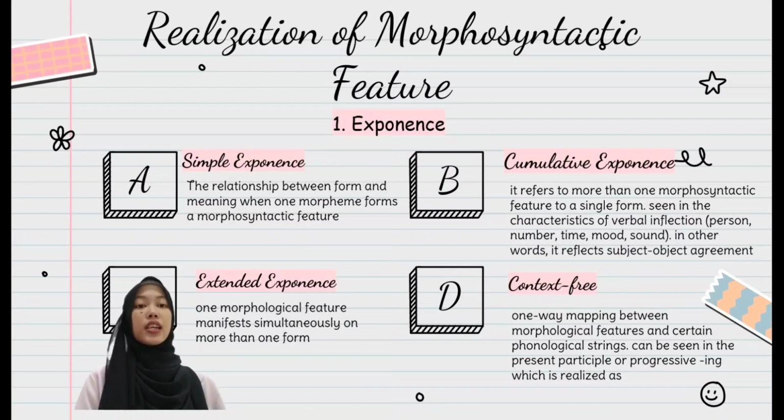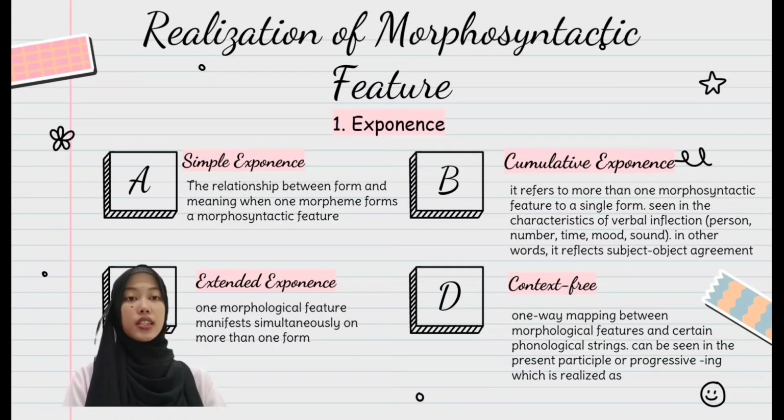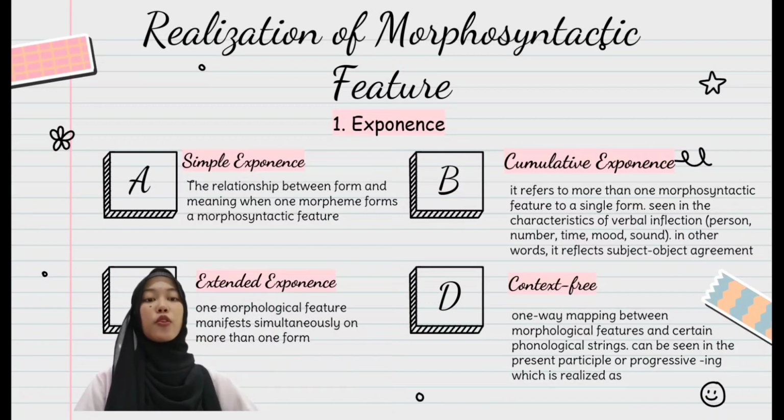Cumulative exponents refers to more than one morphosyntactic feature in a single form, seen in the characteristic of verbal inflection like voice, person, number, time, and mood. Extended exponents is one morphological feature manifested simultaneously in more than one form. Context-free is one morphological feature, and certain phonological strings can be seen in the present participle or progressive -ing, which is realized as